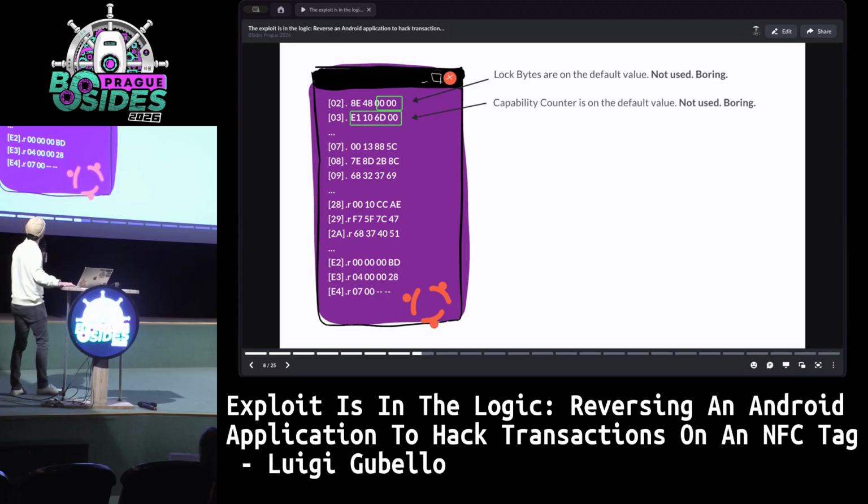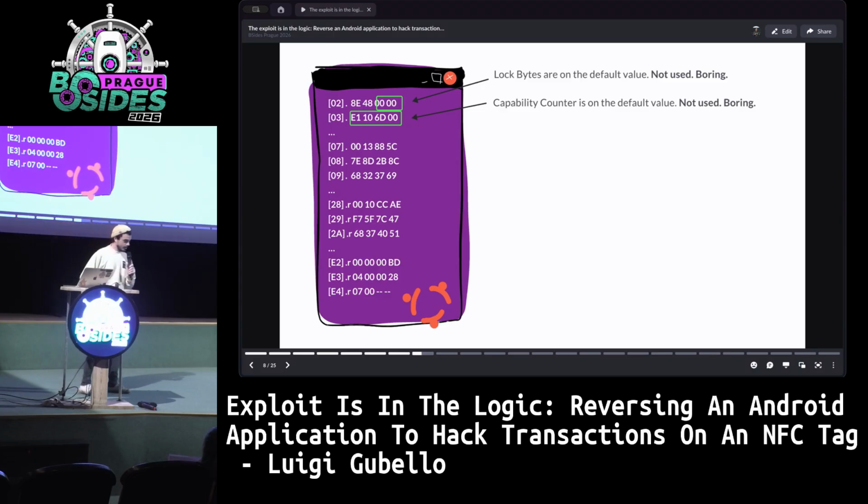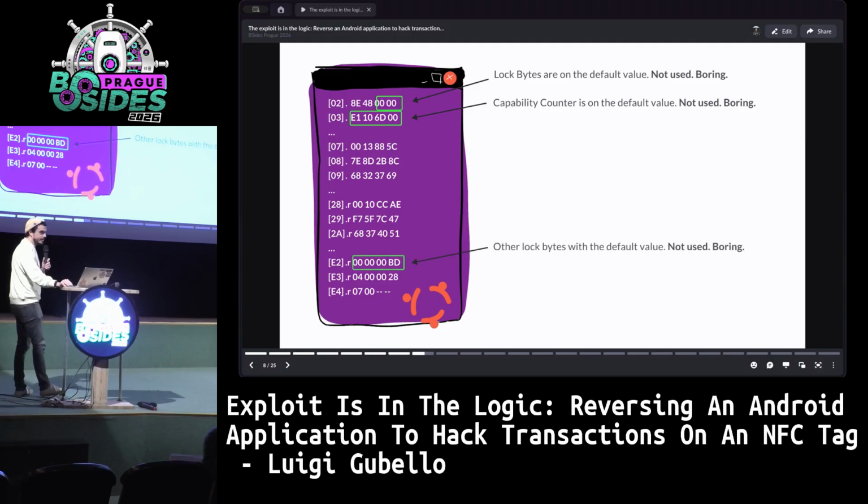Then we have the capability counter. This is very common. I mean, it's a very useful feature, for example, for a ticket. If you want to create a ticket for public transportation, you want to count the number of usages of the same ticket. For example, if a ticket can have multiple rides or whatever, it can be very helpful. This is a counter. This means that you can increase but not decrease it. Then in the last row, we can find other configuration, other lock bytes not used,